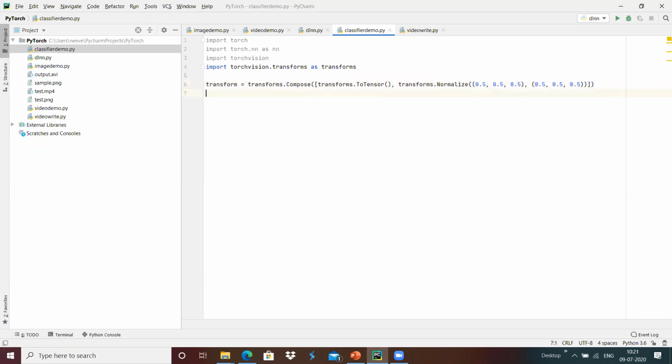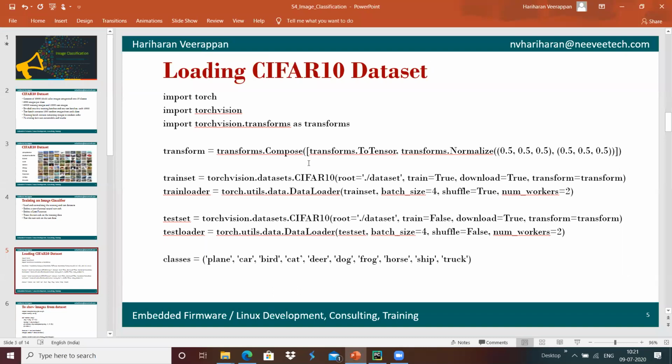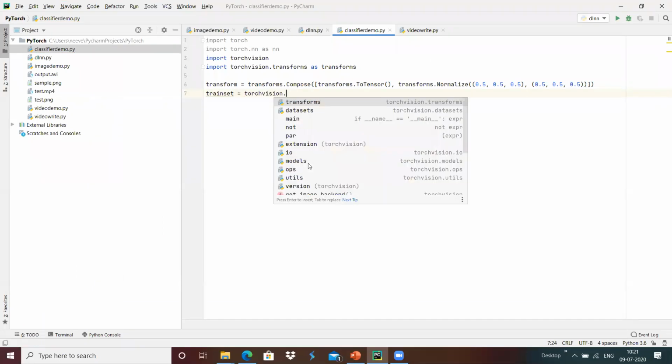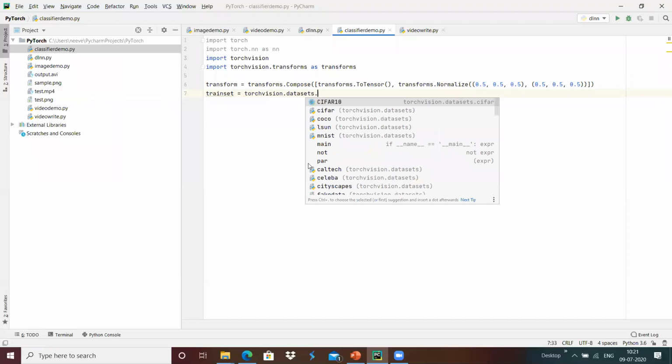Once it is done, I'm going to use torchvision.datasets to load the training datasets over here. And for that, I'm going to define a variable trainset, which means torchvision.datasets dot something, as it has different datasets.